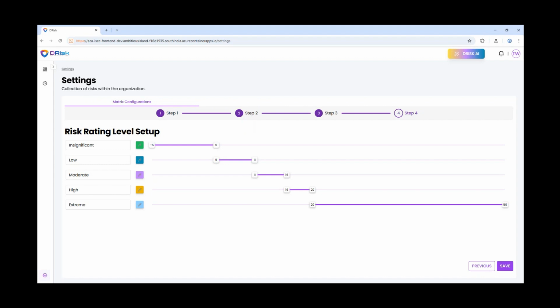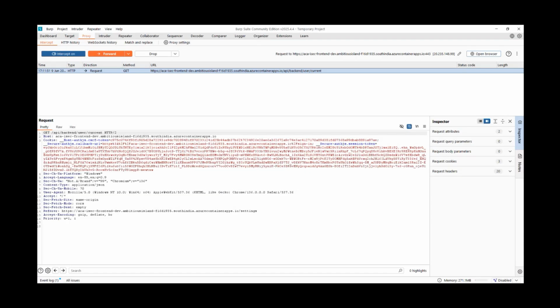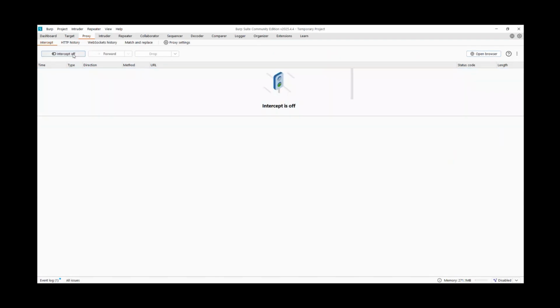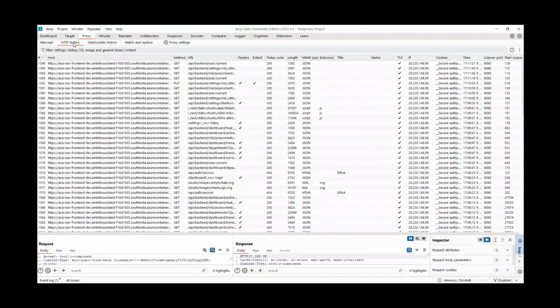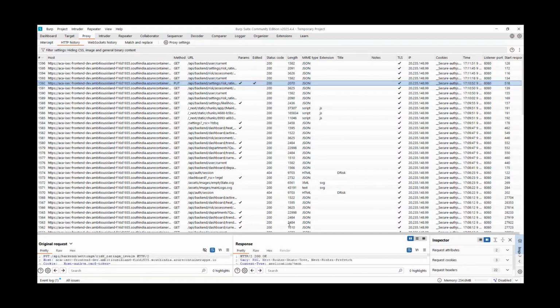Okay, we'll go to the Burp Suite. There is another option called Repeater. In this Repeater, we can repeat the same functionality of the APIs that are in the HTTP history. If we take that same API and change the data,